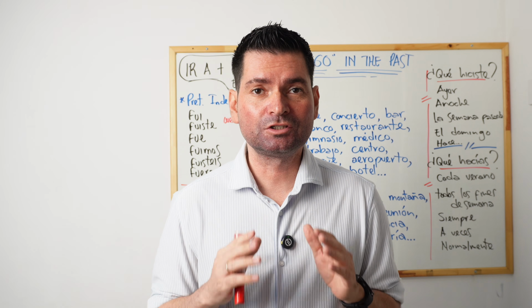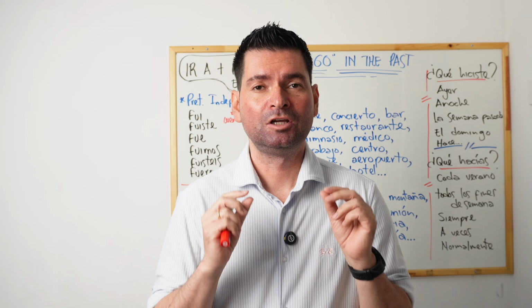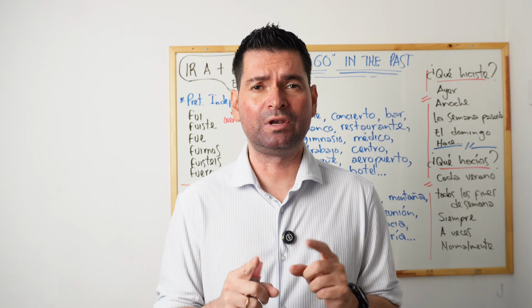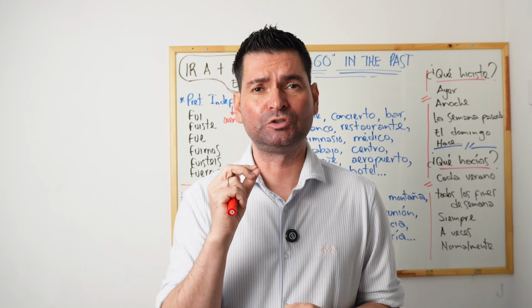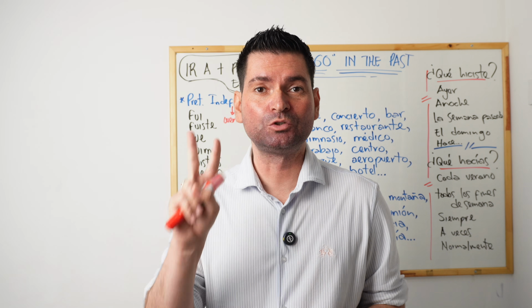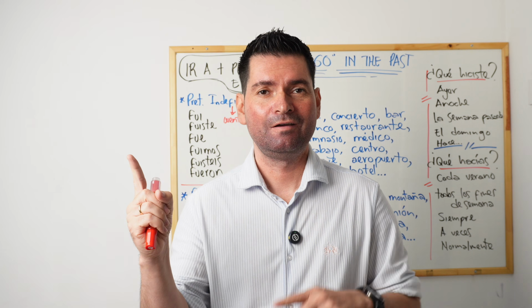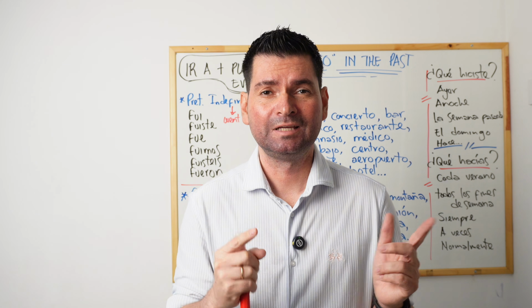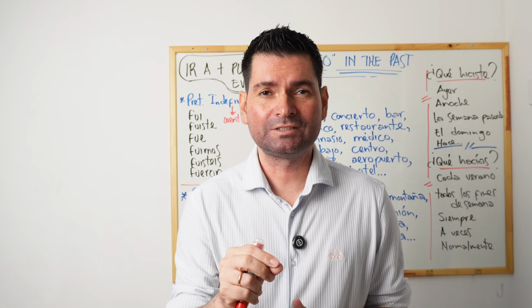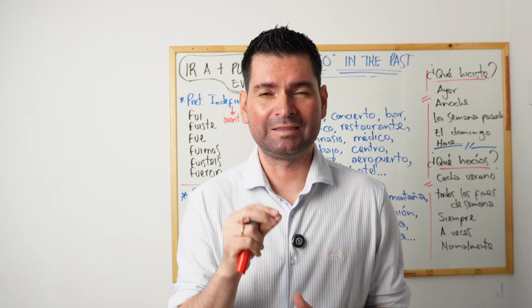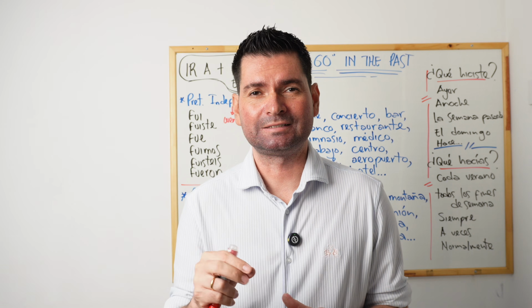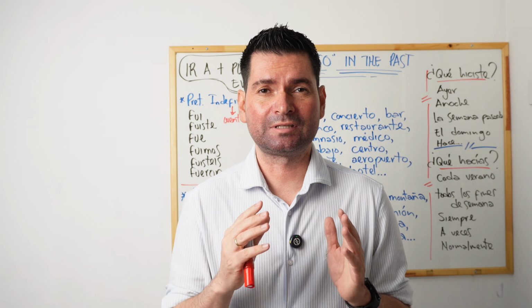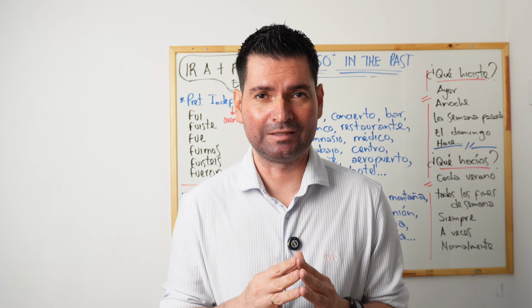Most Spanish students struggle with the simple past. Today, we're going to focus on only one verb, the verb to go. We're going to focus on the two conjugations, fui versus iba. Do you understand the difference between fui and iba? If you don't, watch this video, and I am sure that by the end of this video, you will understand much more and you will start using these words confidently.